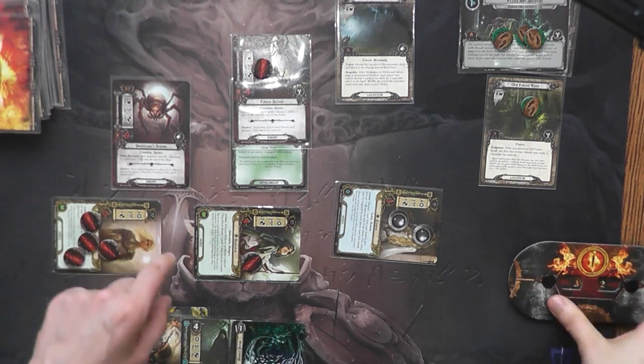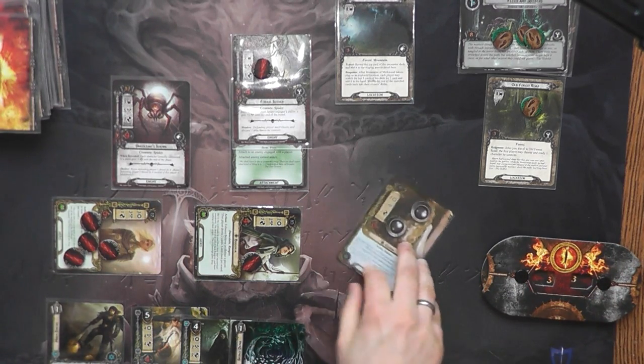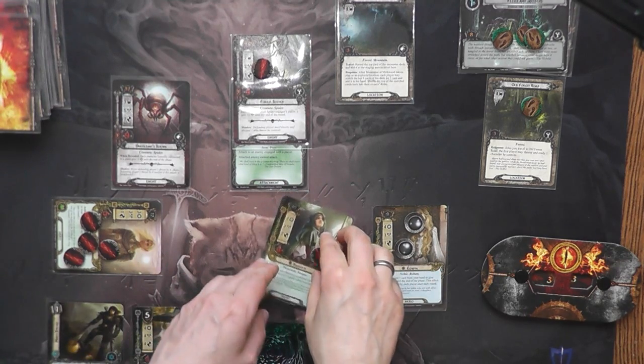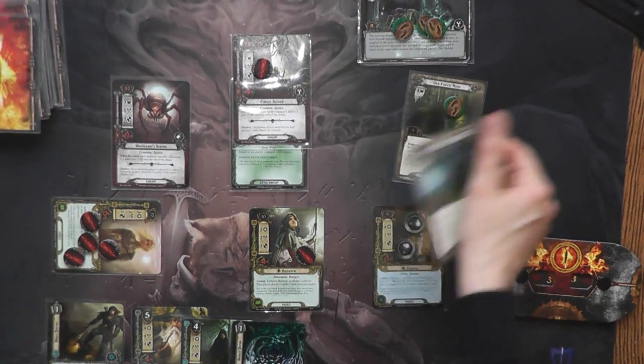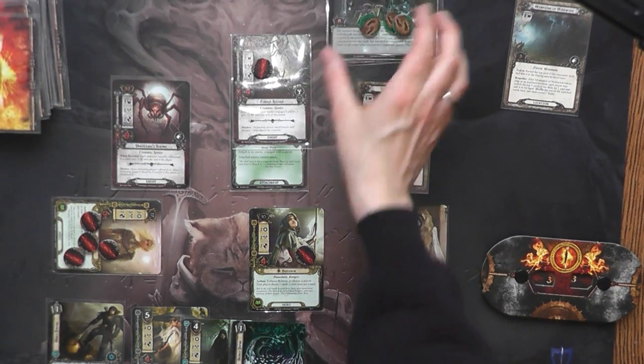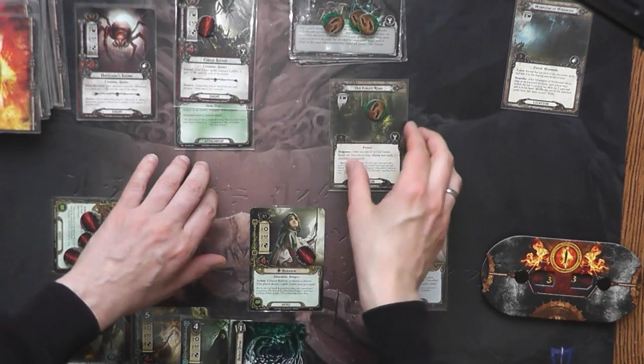So that's the end of the round. Now we're going to up the threat. We're gonna refresh our heroes. I think we're gonna put the staging area over here, because this has to be the attack area because we don't have that much space. Okay, so